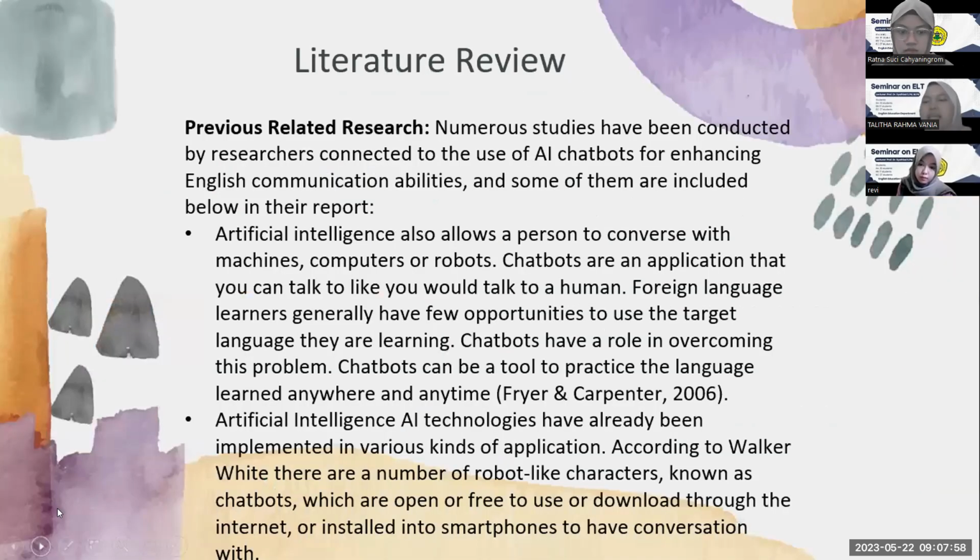Next we're going to the literature review. Here, the literature I took from previous related research. Numerous studies have been conducted by researchers connected to the use of AI chatbots for enhancing English communication abilities, and some of them are included below. The first one says it's believed that artificial intelligence also allows a person to converse with machines, computers, or robots. Chatbots are an application